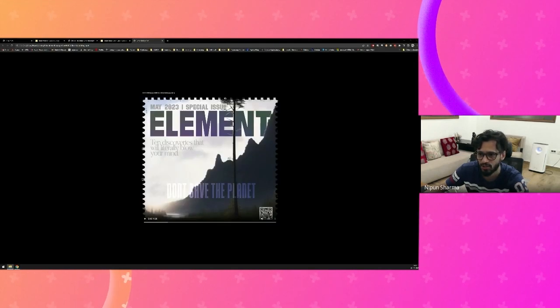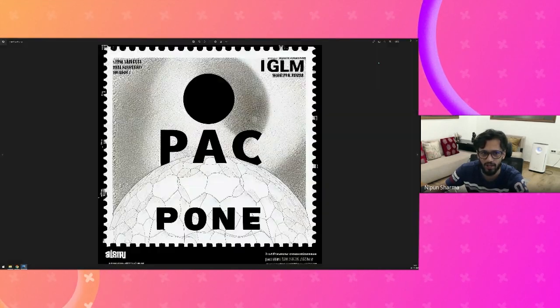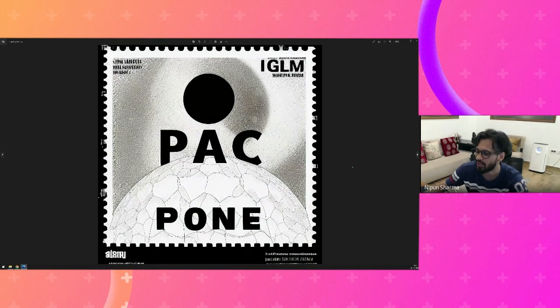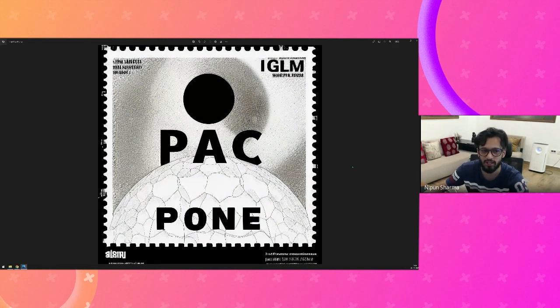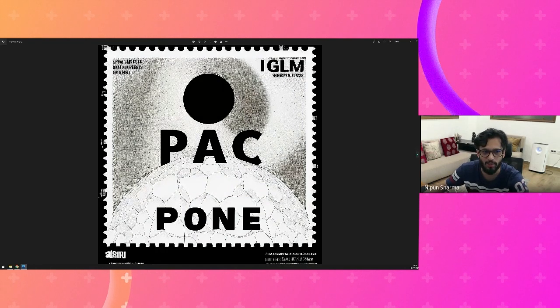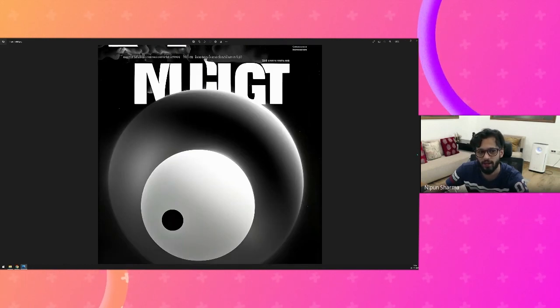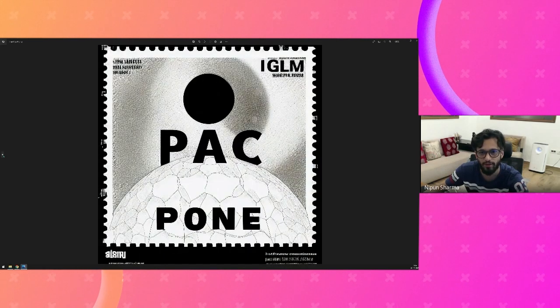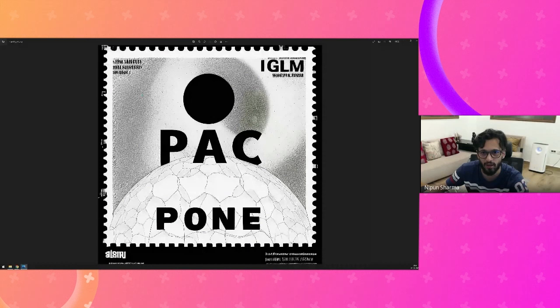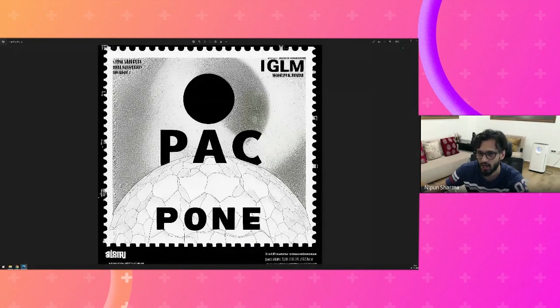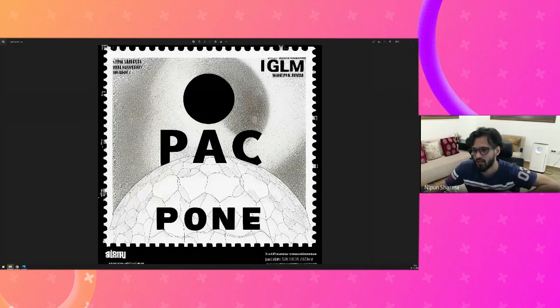basically what I did was I went to AI. I was thinking stamps is a good idea. So I was like, generate some stamp poster covers, right? And then using ideas from that, using typography, using layout, where to place what, and using a very base